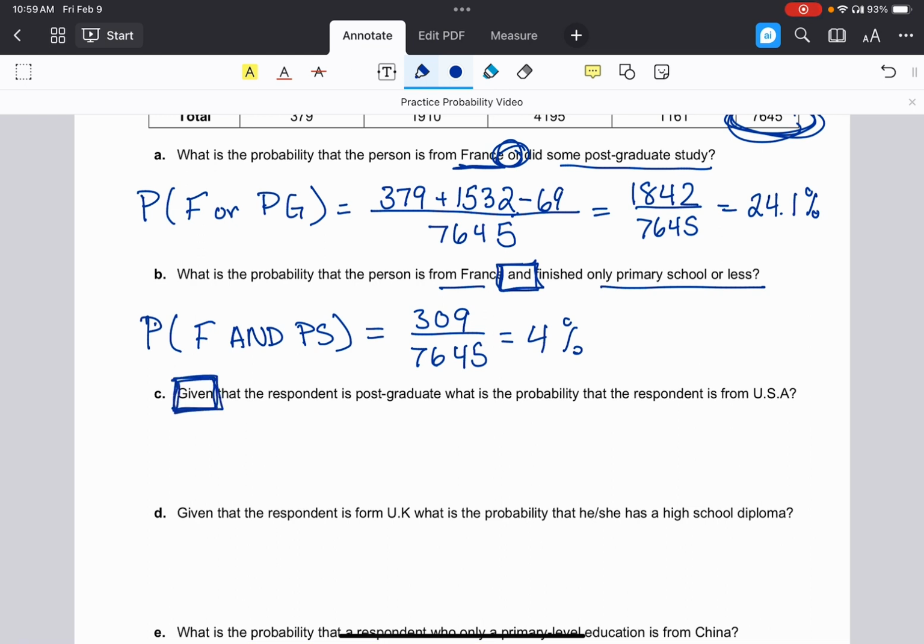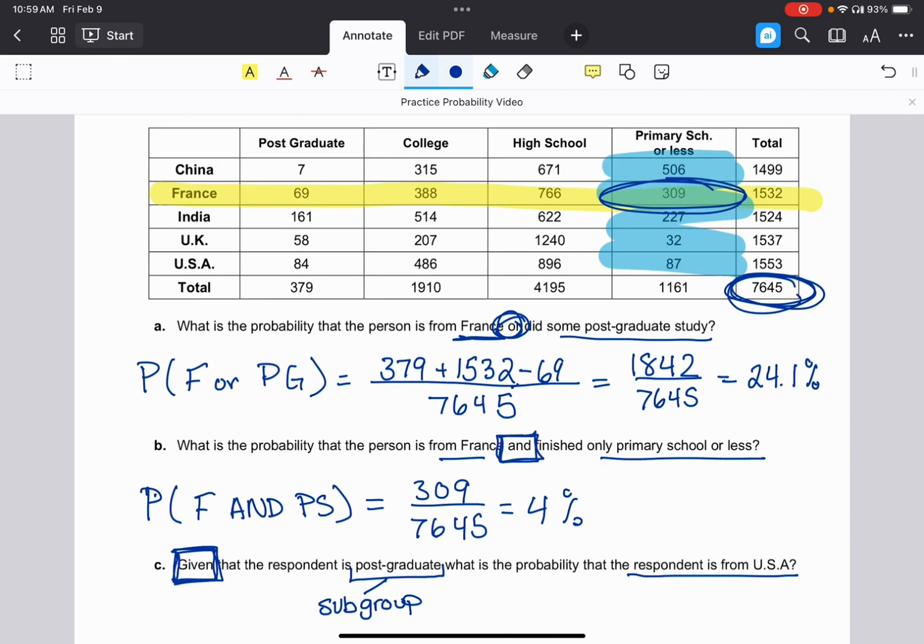So we now have a subgroup. So given that respondent is postgraduate. So here is my subgroup. What is the probability that the respondent is from the US? So postgraduate,